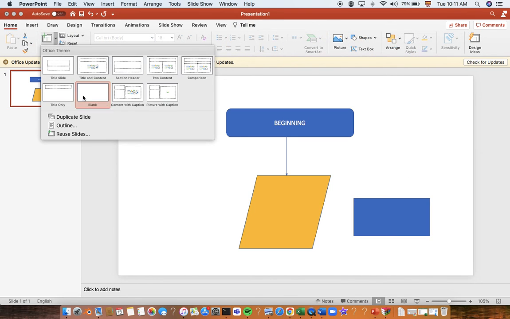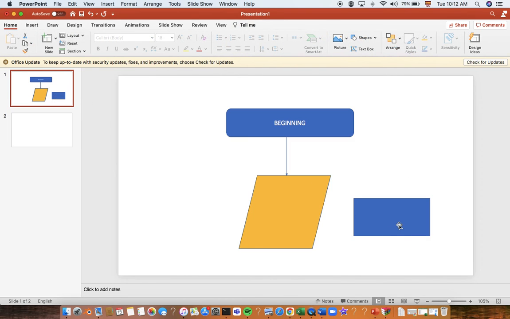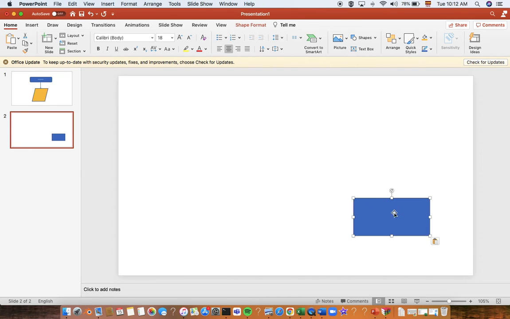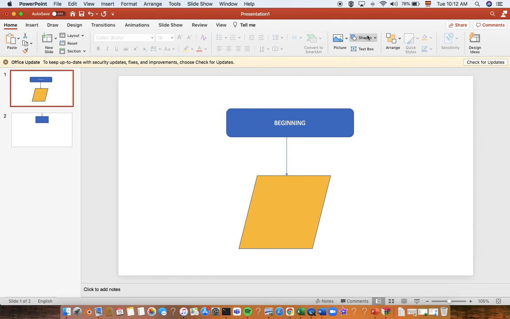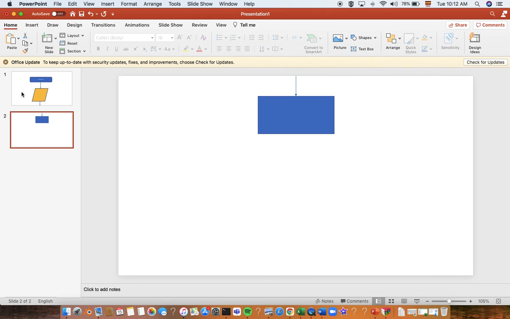You can add new slides, okay? For example, I'm going to bring this shape here to make the process in a new slide, and you need to make sure that you put the arrows to indicate the flow. Okay, guys. So this is the idea. Please make very detailed steps of your recipe,